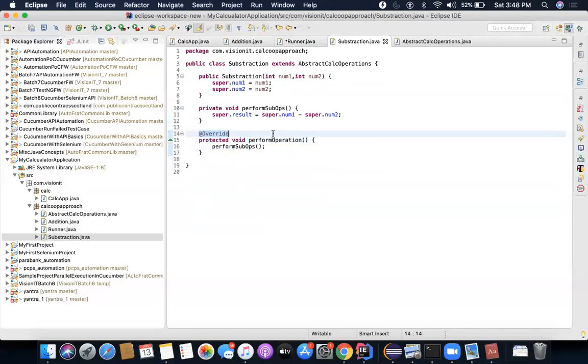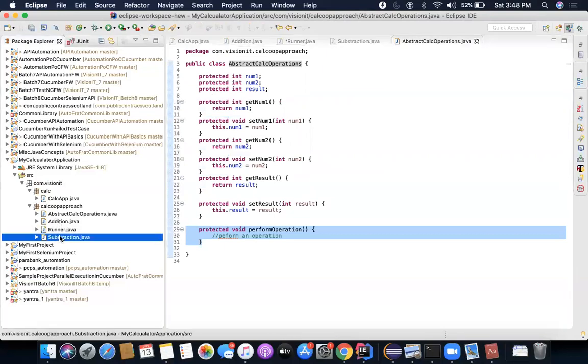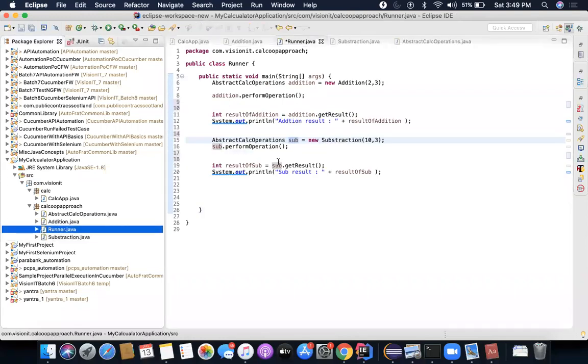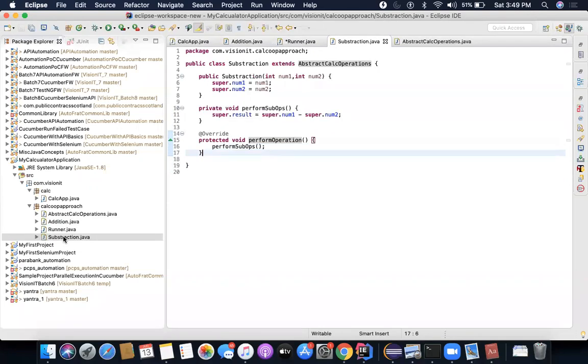So this brings me a concept called override. Overriding simply means if some method is available inside the superclass and you want to override it in the subclass, you're going to write override here. And when you do that, Eclipse shows you an arrow also. This arrow actually means that you are overriding the method which is present inside the parent class. So this is the concept of override. And now my runner method, as well as my addition method, as well as my subtraction method, they all look very, very well organized, and they all are following object oriented programming. Okay.